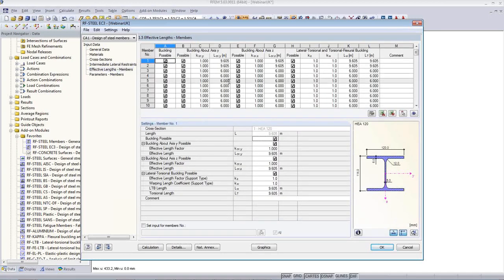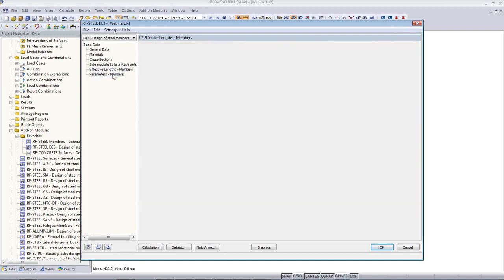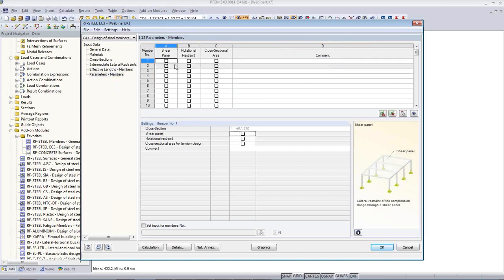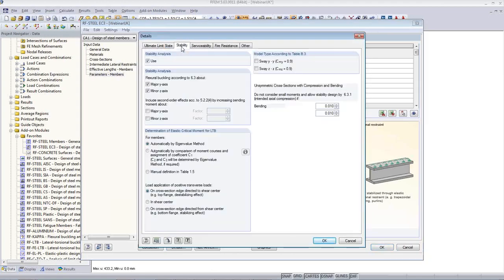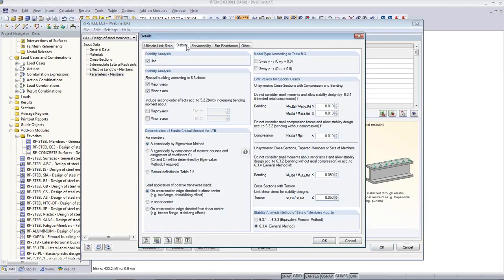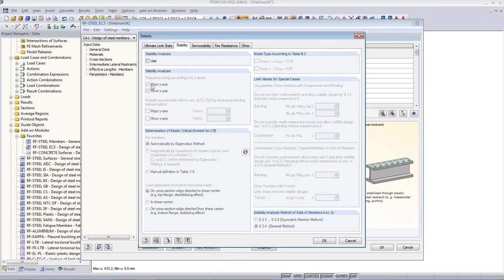I can choose the effective lengths. By default, they are set up for the member lengths. And I can take into account things like shear panels and rotational restraints. So we can take into account the bracing of a steel deck that's on top of the roof, stabilizing the compression flange of an I-beam, for example, which has a tremendous effect on stability. If I only want to see stresses, or cross-section capacity, I can take out the stability and only have a